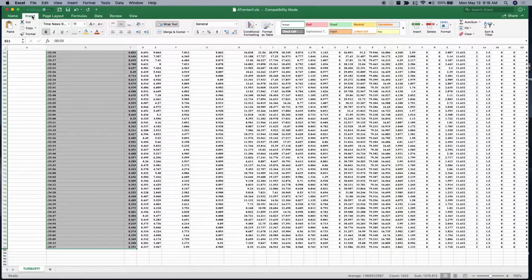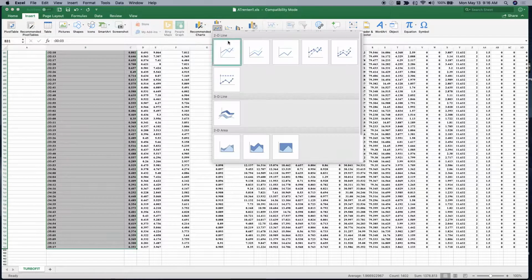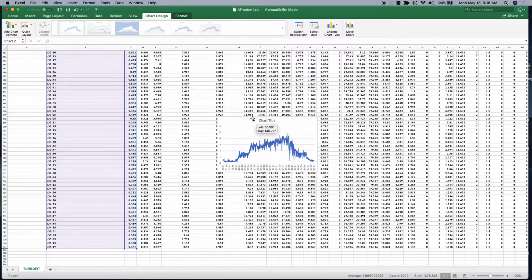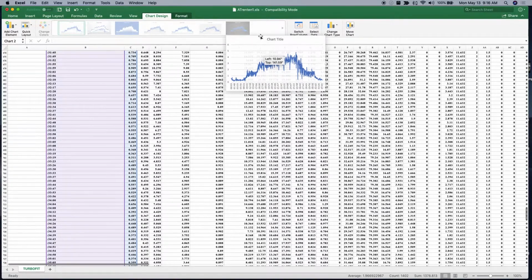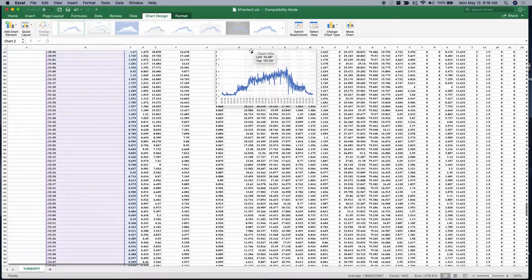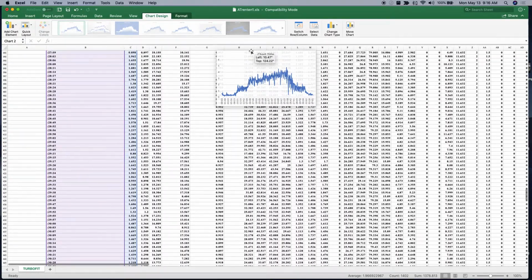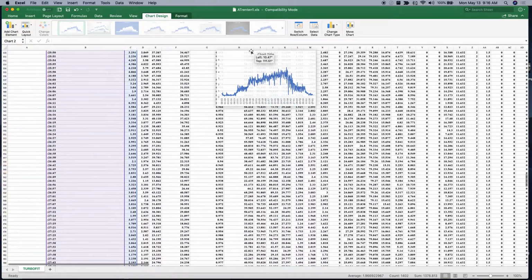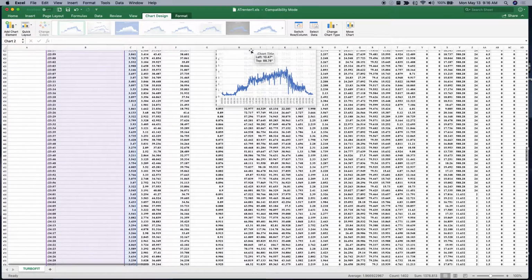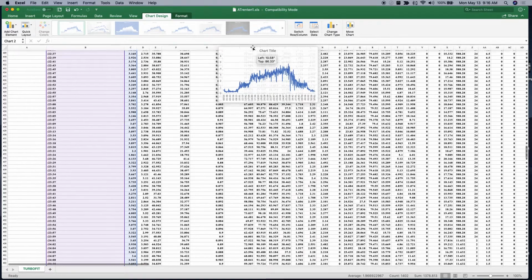So if we go to insert and then line graph, 2D line, and we click on that, now we have our chart of total VO2 over time. And I'm going to take this up to the top so I can paste it. So I just want to